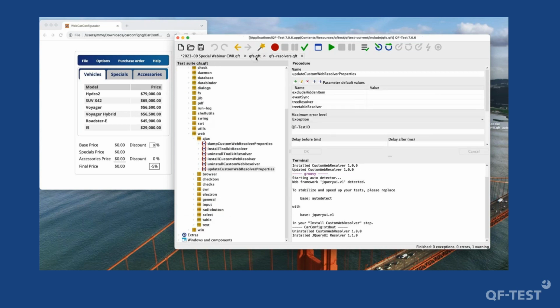Okay, so while we're at features, let's talk about more features. I've got a little bit more here. The last feature that I want to talk about is